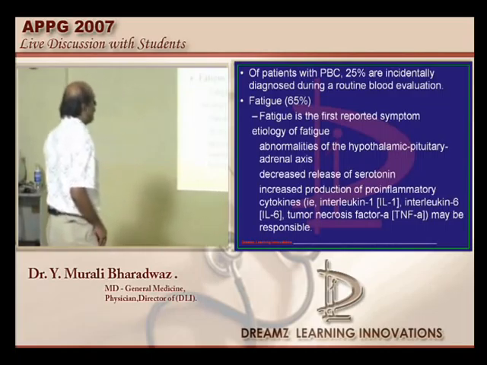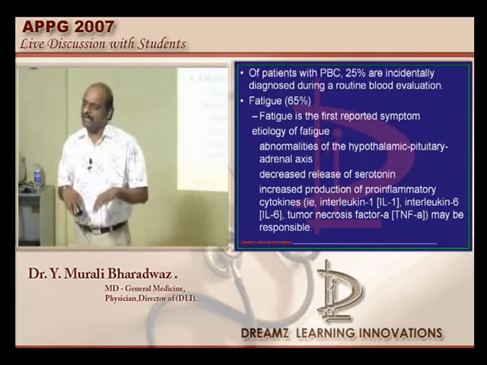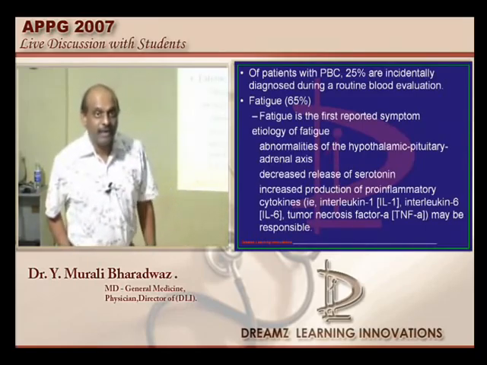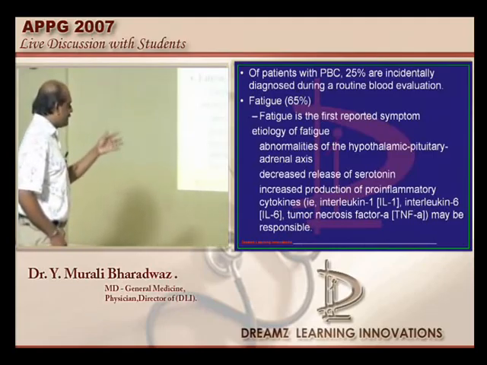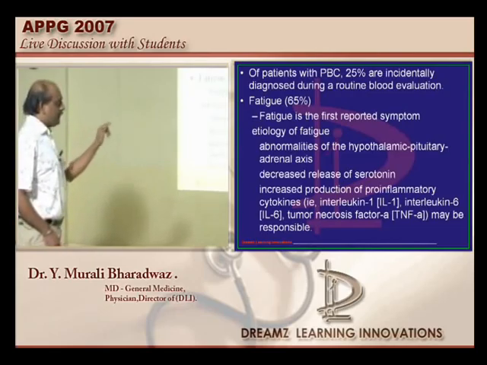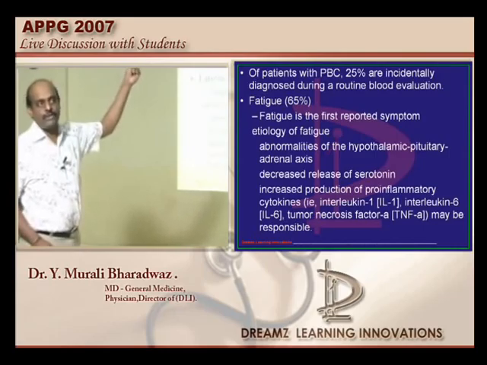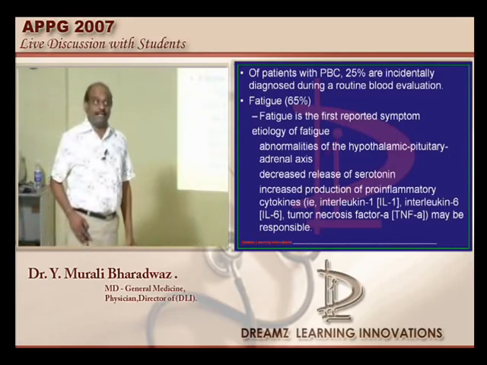But why is there fatigue? Basically, we are energetic or we are dull. Who is deciding? The hypothalamus and pituitary axis. In primary biliary cirrhosis, it is the interleukins 1, 6, tumor necrosis factor, etc. that go to the hypothalamic pituitary adrenal axis and cause abnormality in it, and this is considered to be the pathophysiology of the fatigue that we see in primary biliary cirrhosis, where it is 65%